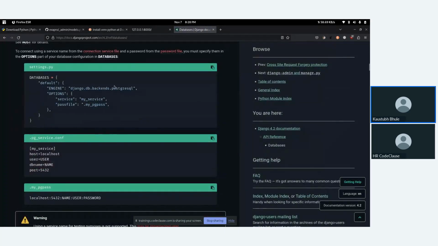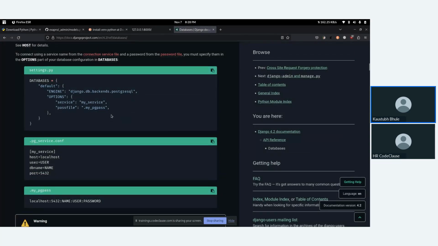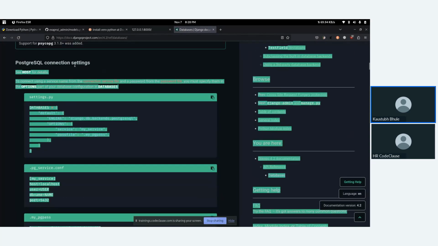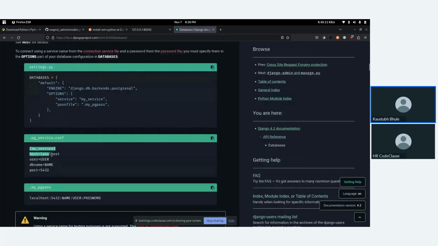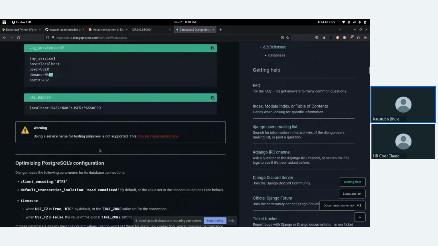Now you can see here, if you want to connect a PostgreSQL, you need to copy this configuration and paste to your database, followed by the things you need to change, like host, user, database name, and port stuff.